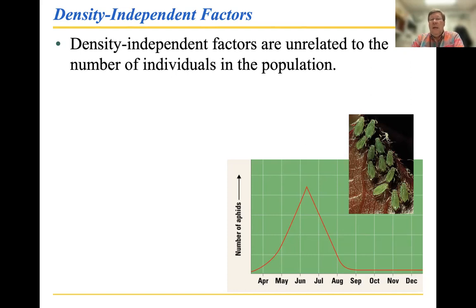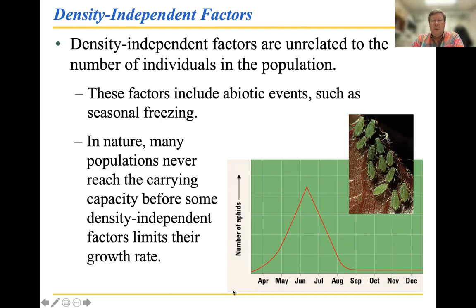So in nature, these populations don't actually ever reach the carrying capacity because they crash and burn well before they do. So here's your J-shaped curve. And it hasn't even started flattening out yet. So the number of aphids is still increasing, but it's already crashing because, heck, in mid-June, you're going to see higher temperatures, less water available, moisture content in the air is much lower, and ultimately it means that these aphids